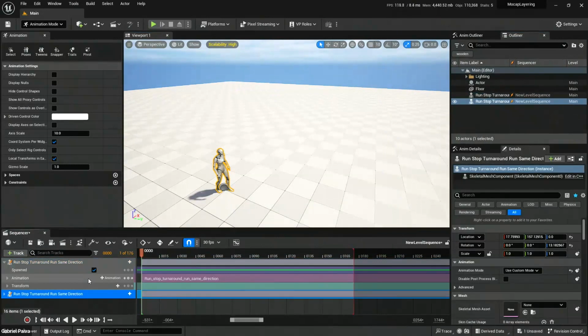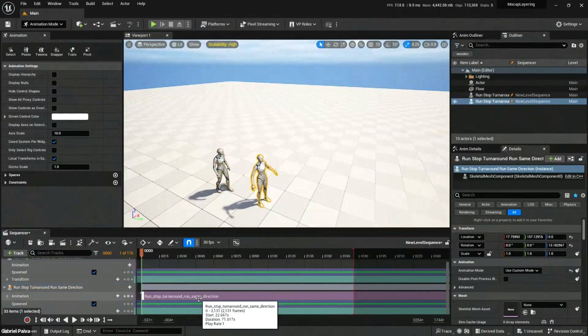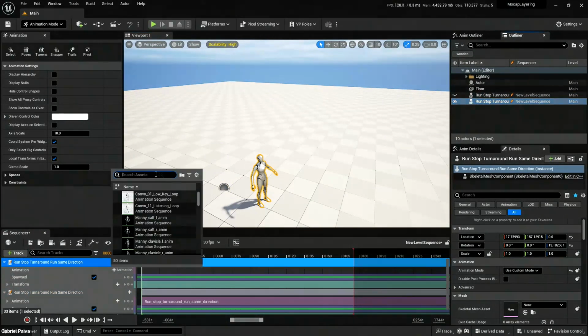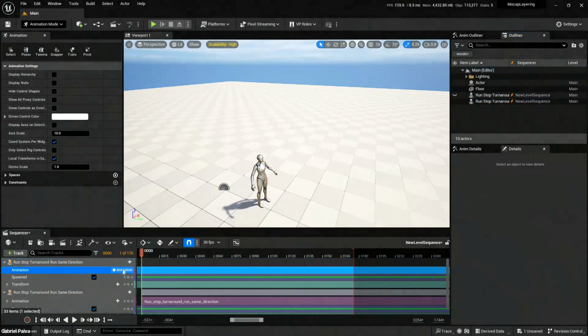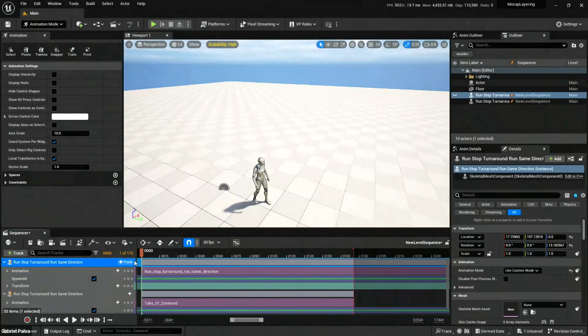All right, now this time it really worked, right? And now in this second character, I'm going to test that animation, right? So I'm going to delete that animation that I have right there. I may want to hide the original one. And now on this one, I'm going to add that take 1, right? I'm going to click on animation, right? And I'm going to say take 1 center. Now, if I center my character right there,